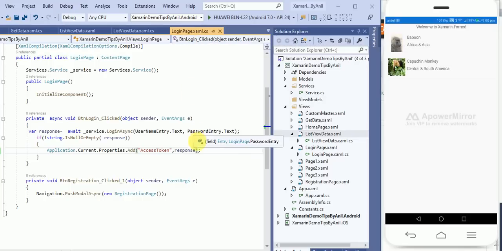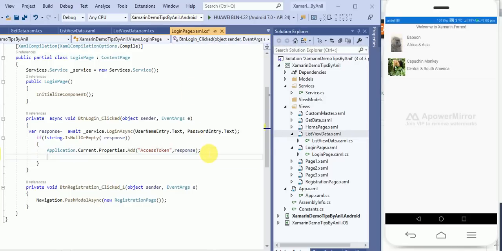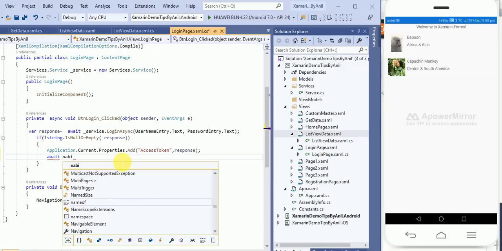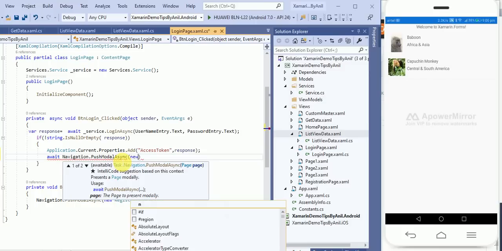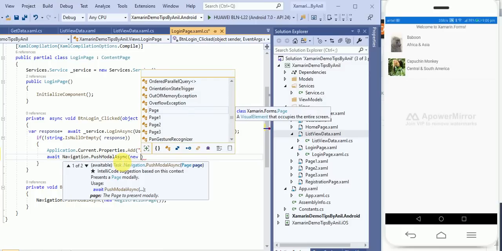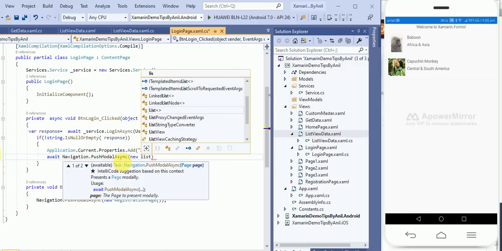In the login page we also have to call that page. New list view data.